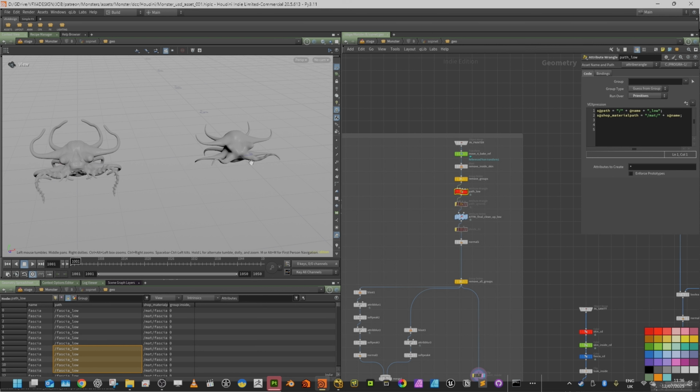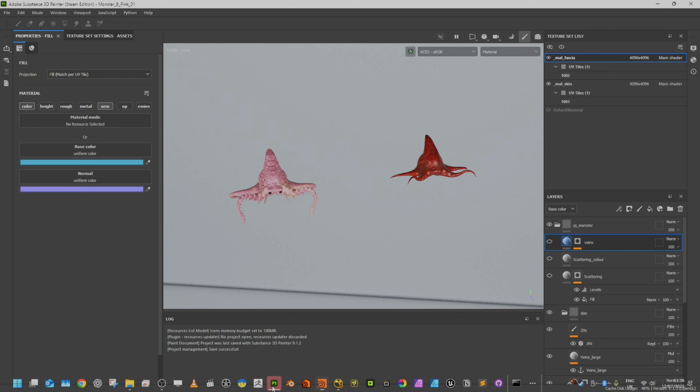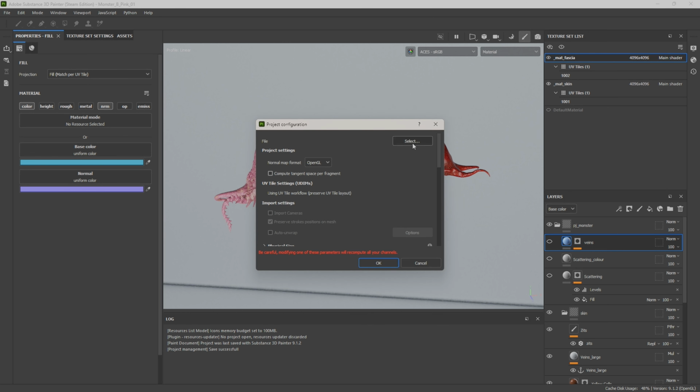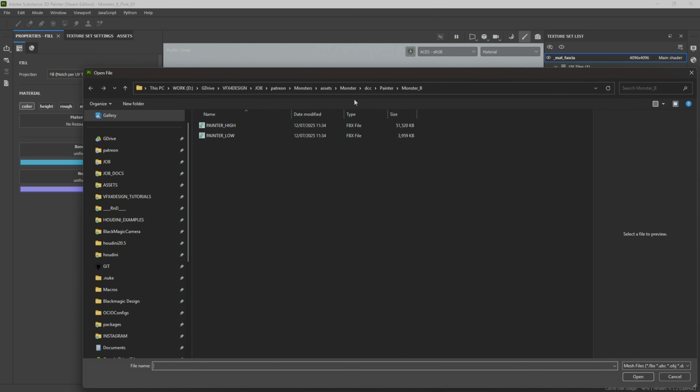Even though this has come from the iPad onto the PC, I'm just controlling everything now and cleaning it all up. So this has been saved. So what I like to do is go to project configuration, select, and then I will go to